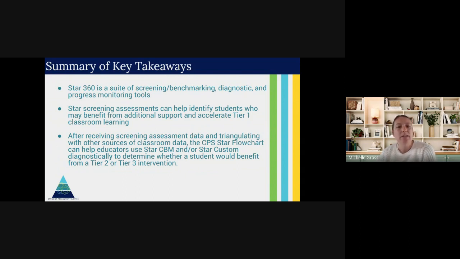And then after receiving screening assessment data and triangulating with other sources of classroom data, that CPS flowchart can help educators use STAR CBM and or STAR Custom diagnostically to determine whether a student would benefit from a tier 2 or tier 3 intervention. So most of the time you'll want to get that data from the screener and then go to STAR CBM or STAR Custom to determine, should I move this student into a tier 2 or tier 3 intervention?